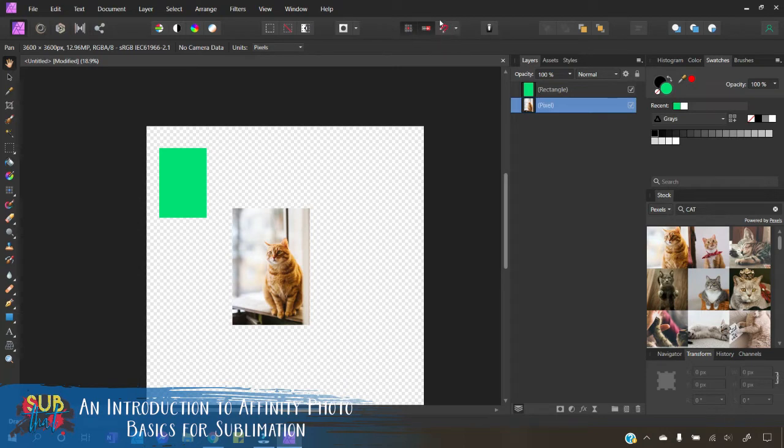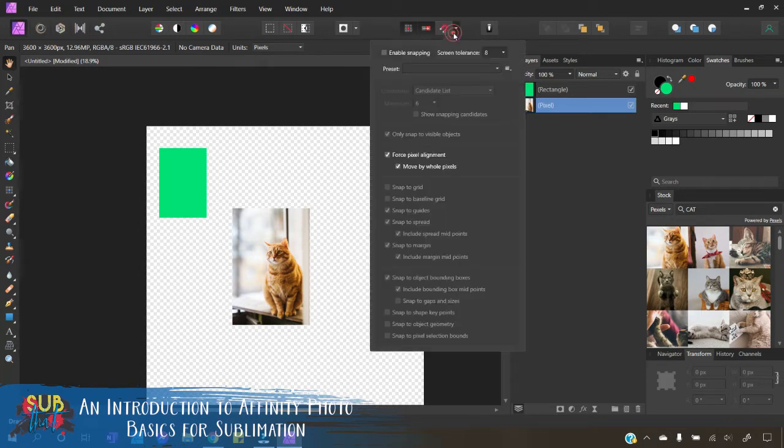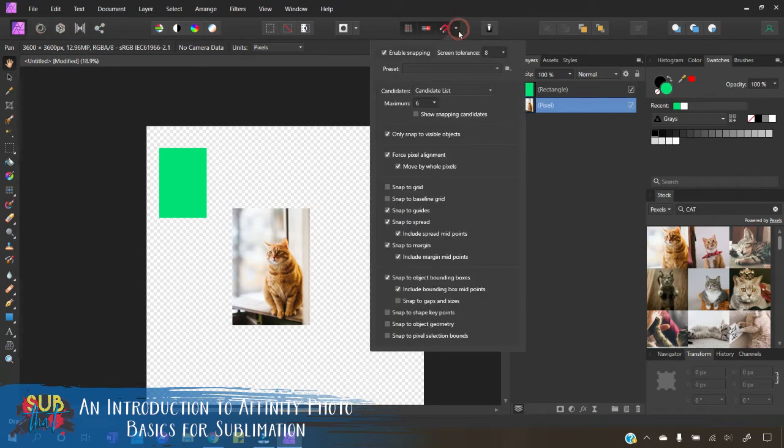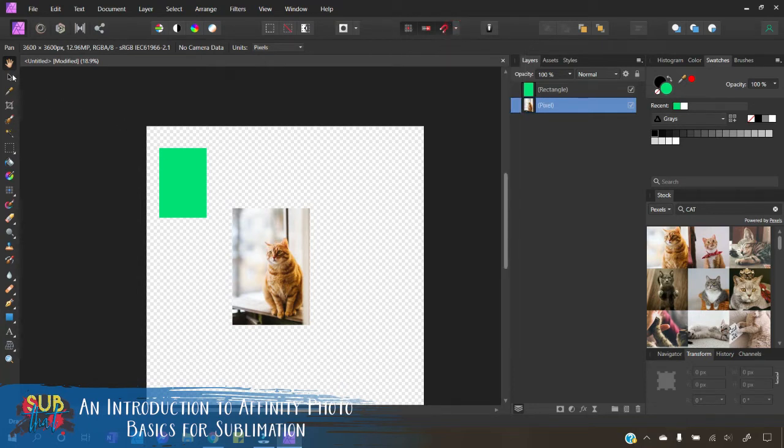We have our snapping guides where this magnet is. This is something I usually have turned on. You turn it on by clicking on that little magnet, and then you click the drop down to check as many options as you like. I like all of mine selected because then when I go to do something like move